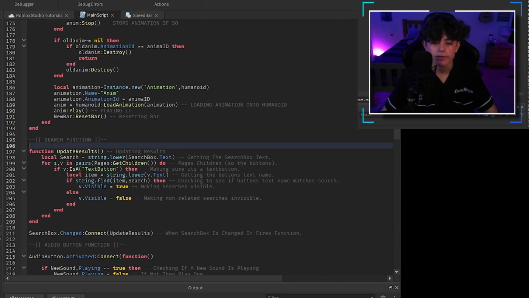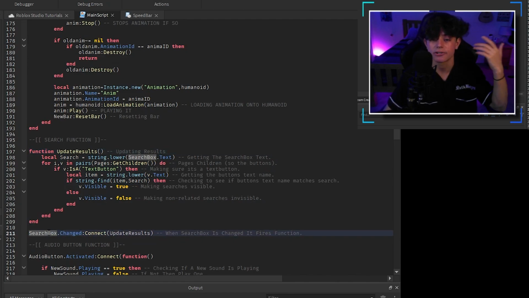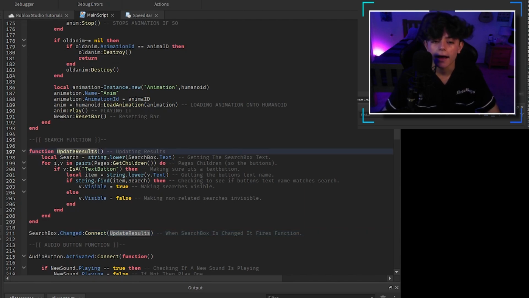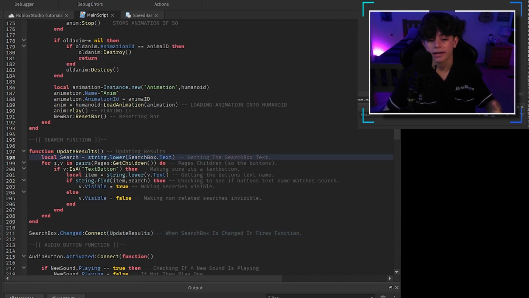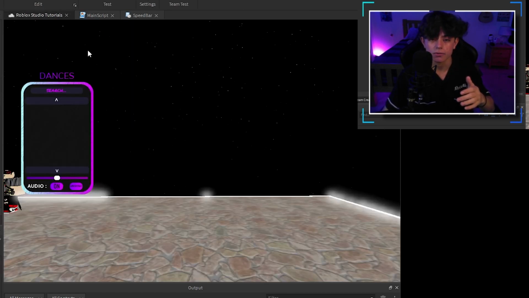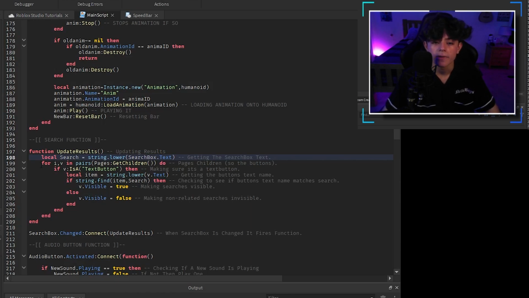Now as you can see right here, this is the search function. So we're talking about function update results. So when the search box gets changed, as in when it gets entered or people are typing into it, we grab the search by creating a new local variable called search, and we grab the string lower, which is going to be the search box.text. So it's going to be this text right here. And then we make a for loop,